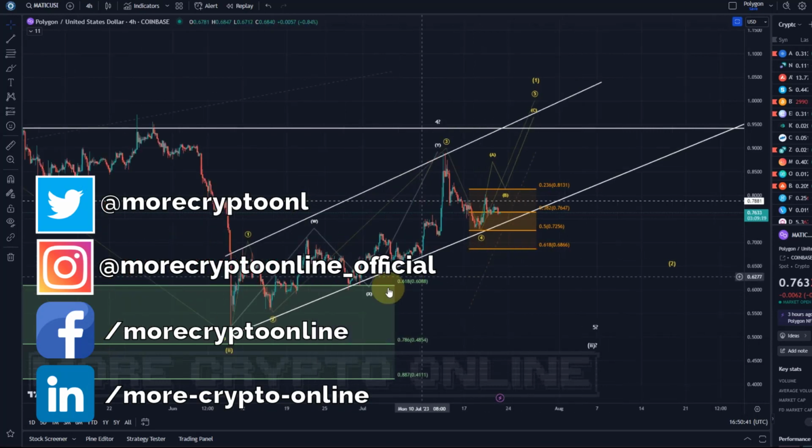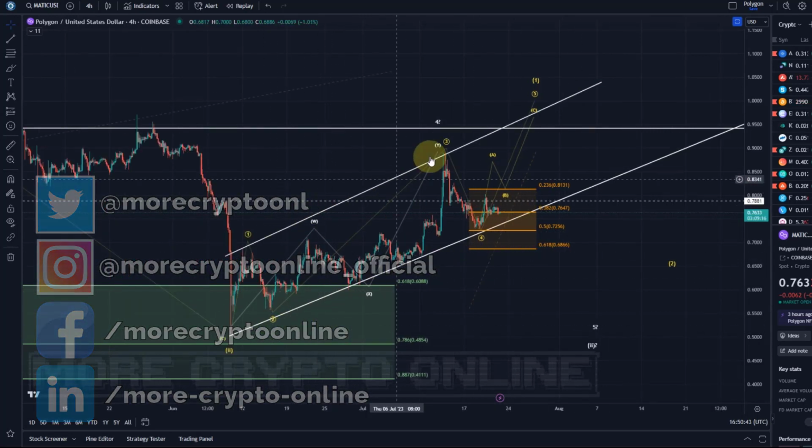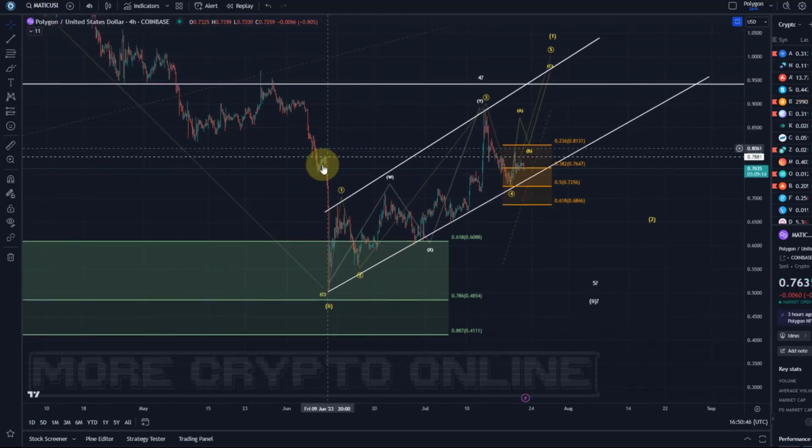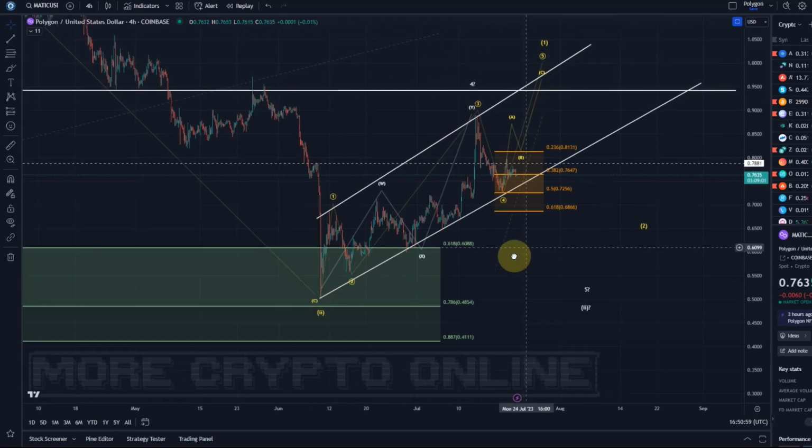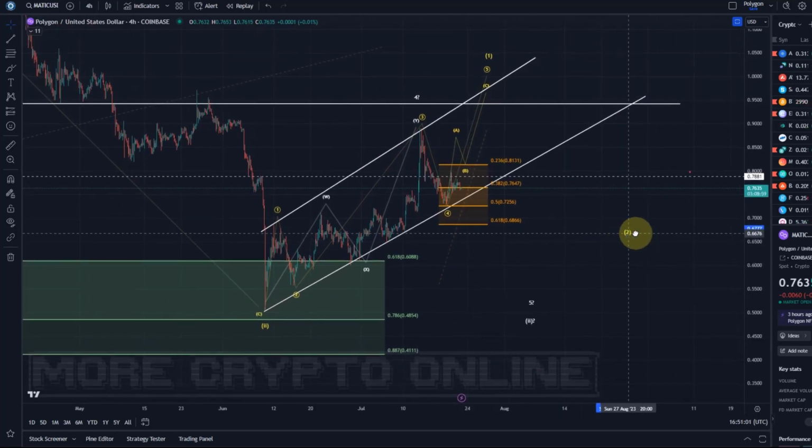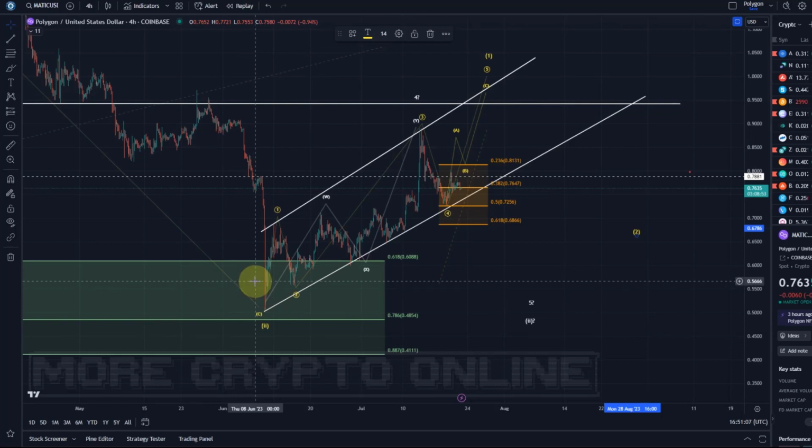On the MATIC chart, we continue to be in this ascending price channel. Price reached our trend reversal area here in June, and off this low, so far, we can only count 3 waves. That's not bullish yet, because even though price has moved up considerably off this low, to really establish and confirm that MATIC has formed a substantial base here and a new foundation for potentially a new bull market or new all-time highs, generally new highs, we need a 5-wave move up first.